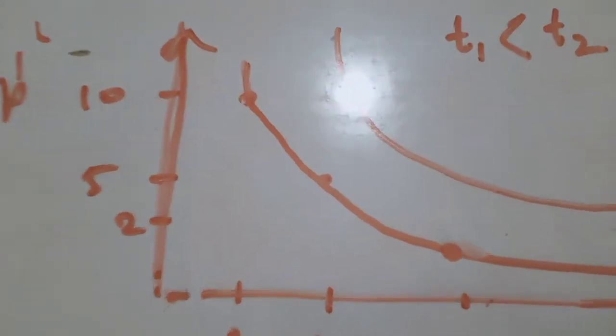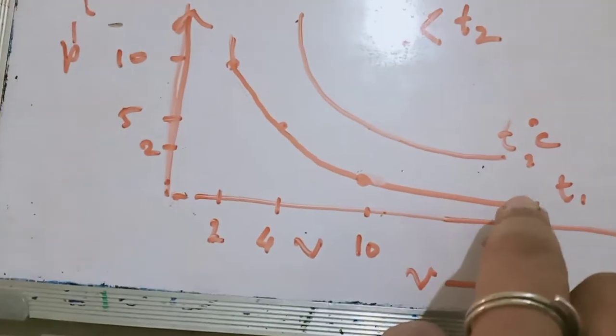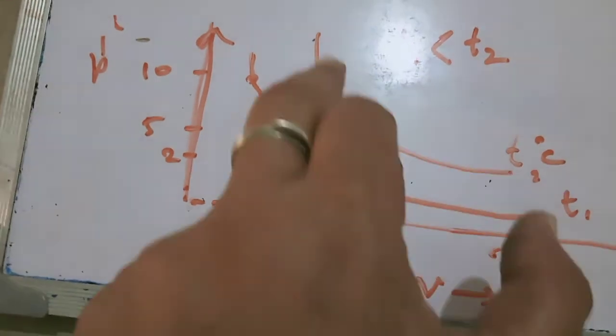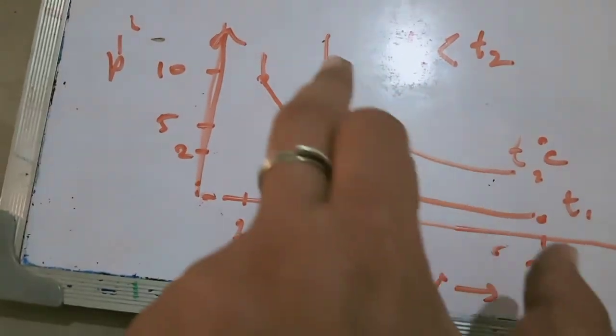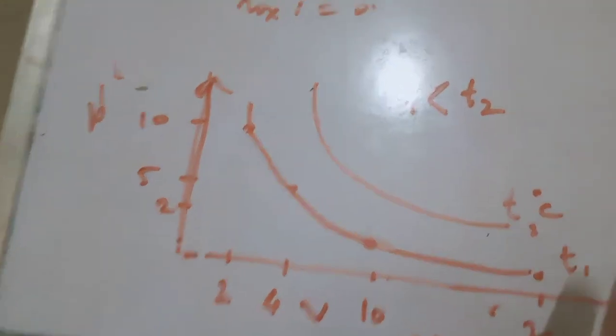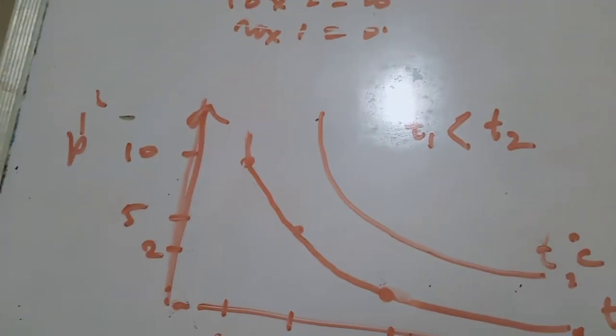And if you graphically plot the pressure-volume relationship, then you will get the nature of graph in this manner. If the temperature is small, the graph will be this. When the temperature is raised, the graph will be raised to a certain extent. If temperature is greater, the graph will be in this way. This is known as a hyperbolic graph. It's a hyperbola.